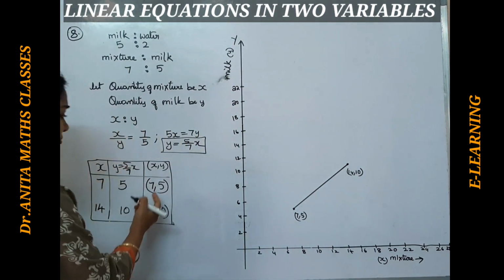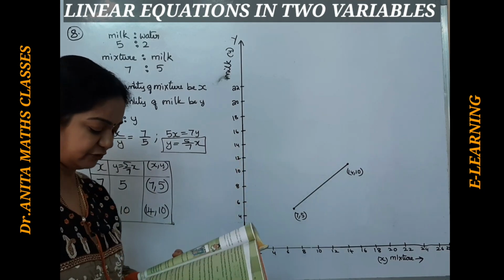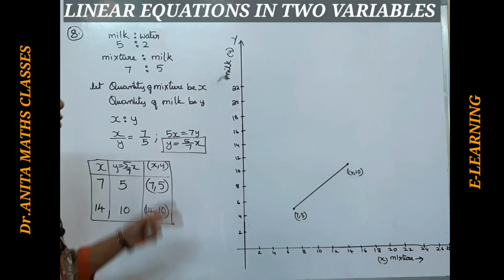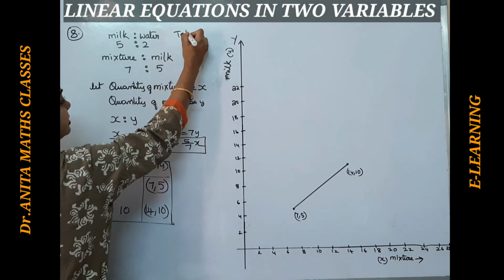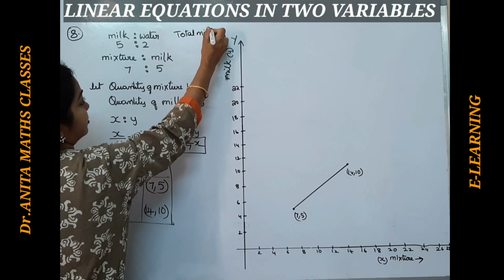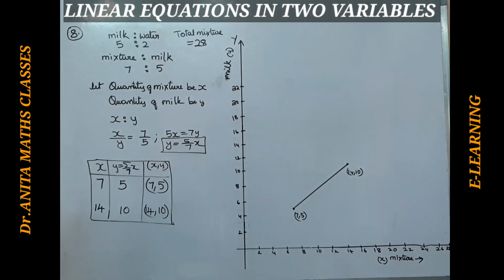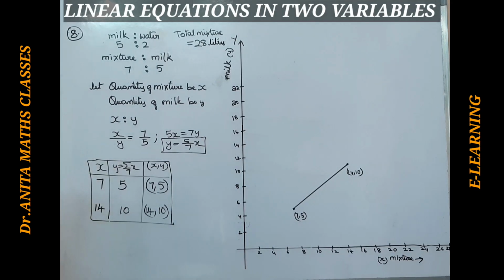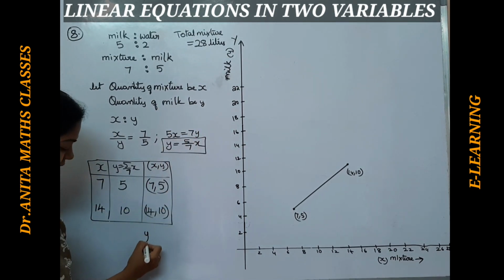Now here the question asked is, we have to find from this graph the solution for this question. Find the quantity of milk in the mixture. Now total mixture is given as 28. What are the units here given? 28 liters, isn't it? So the mixture is given as 28 liters. So the question asked is, we have to find the quantity of milk in the mixture. So milk we have supposed as y. So we have to find the milk